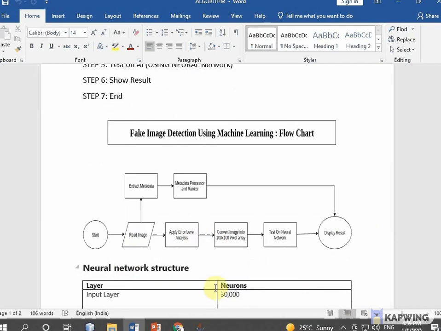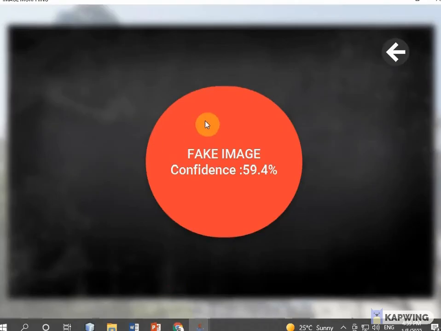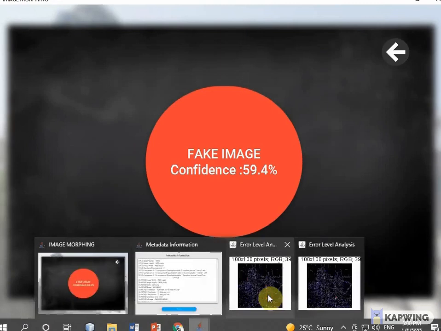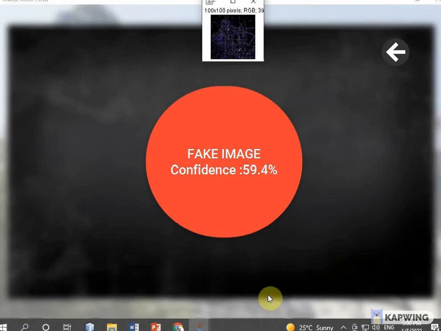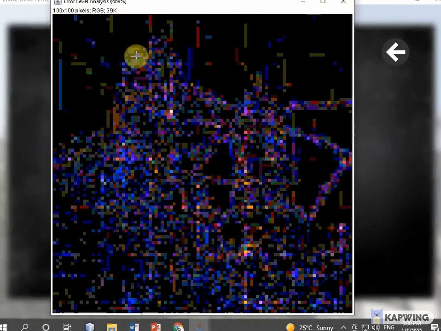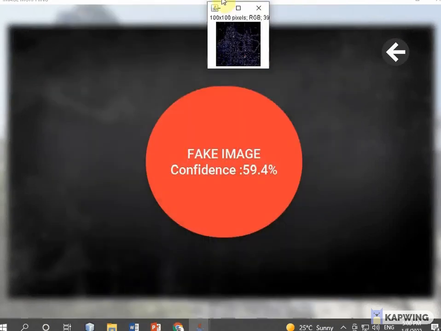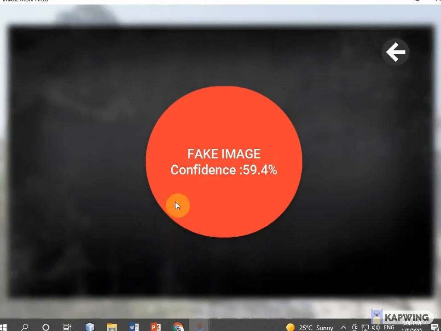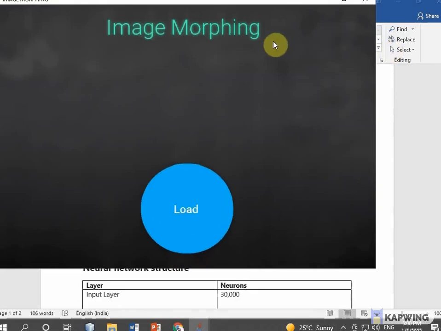Have a look. If we click on this red circle, this 100 by 100 pixel image is shown, in dotted format, 39K in size.